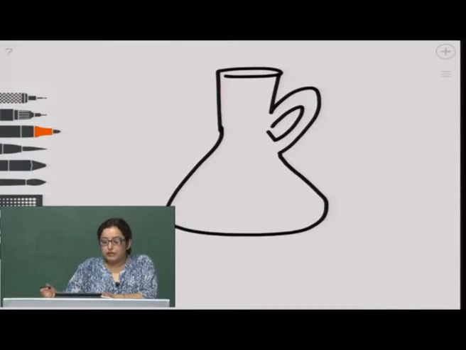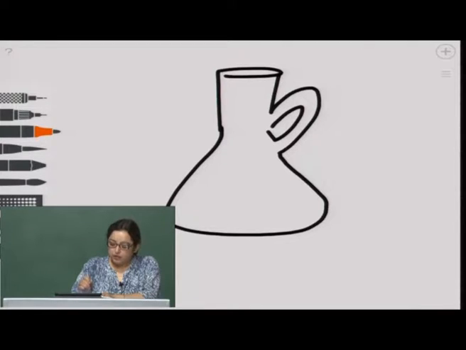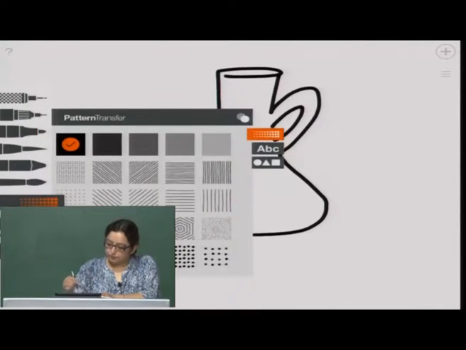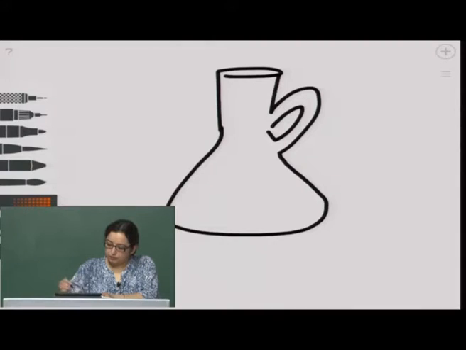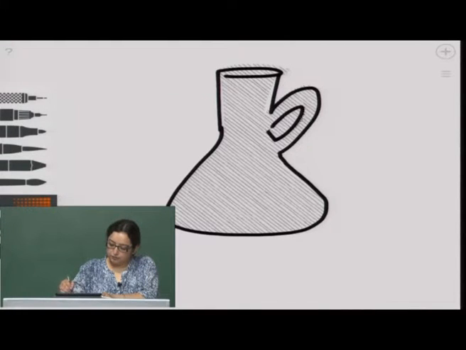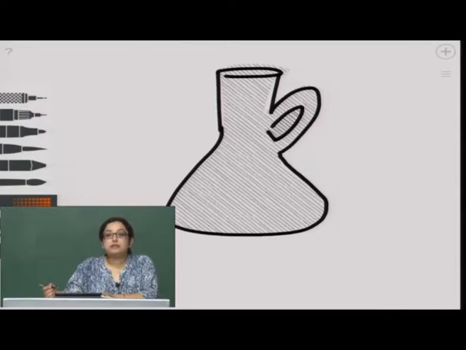This is linear for the time being, but the moment I add some texture into it, so, this is an example of a solid form where the contour is created. The delineation of the form is based on line,